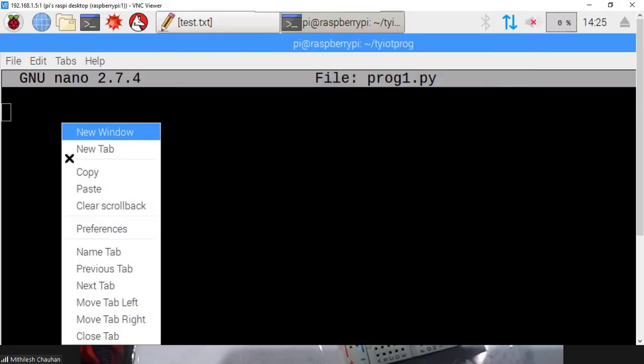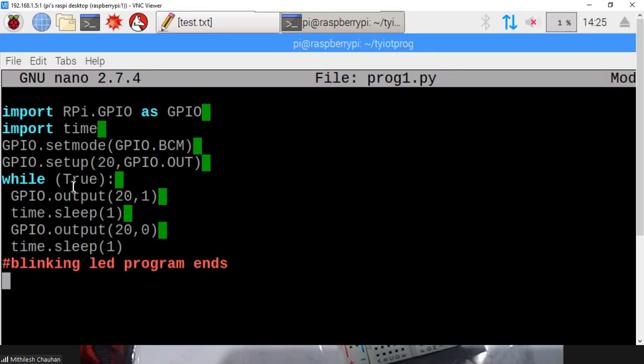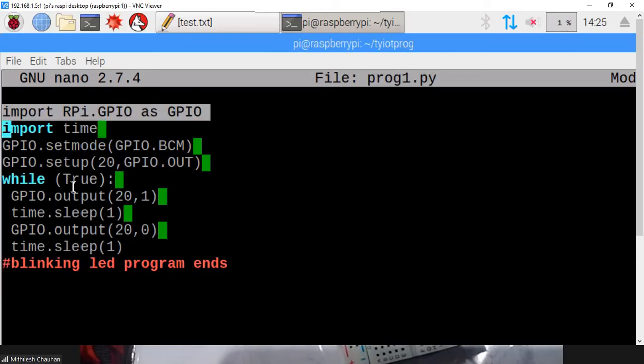Yes. Now the first program, I have already copied the program. We'll discuss what is written in it. So the first line, we are trying to import the packages of the Raspberry Pi. So import RPi.GPIO. From the Raspberry package, we are importing the module GPIO. This module contains all the information related to the GPIO pins.